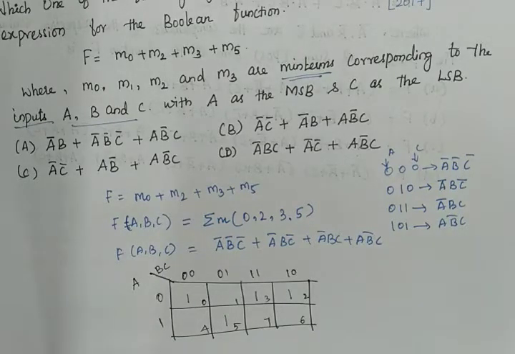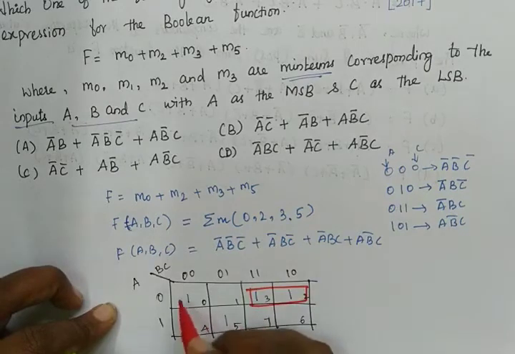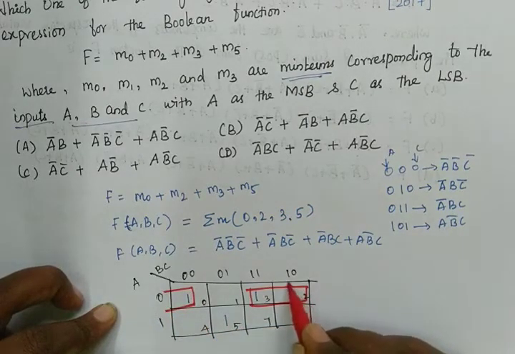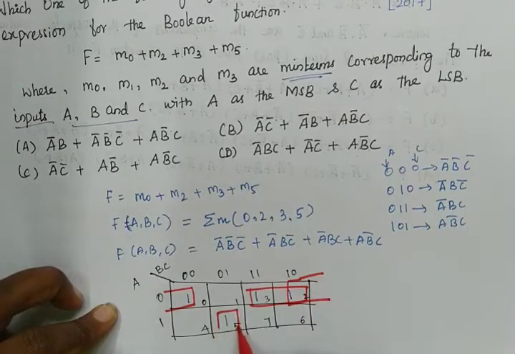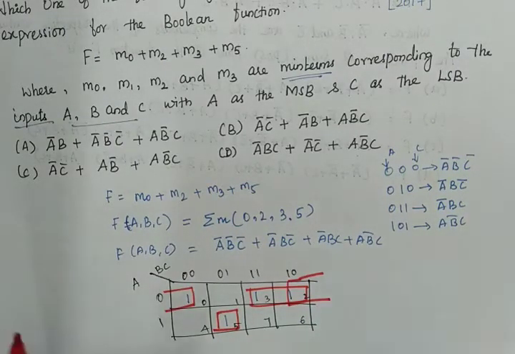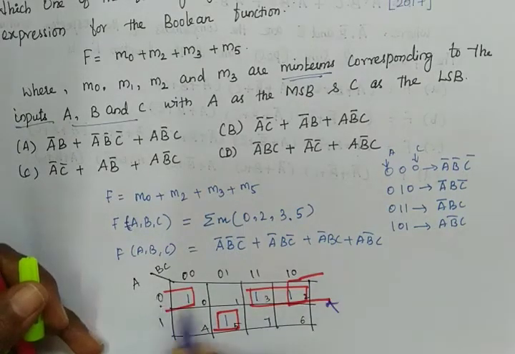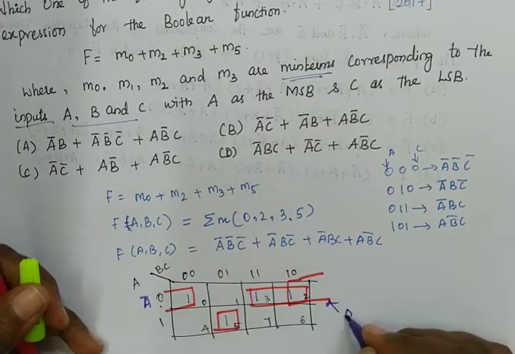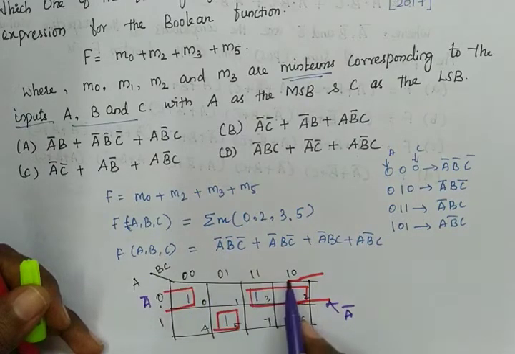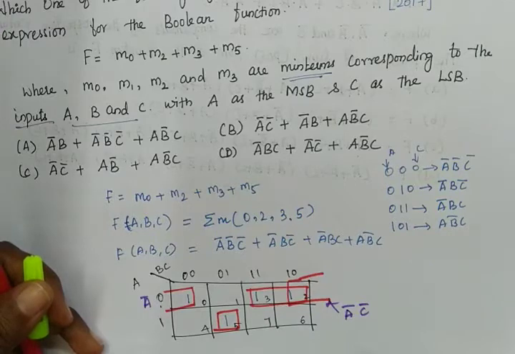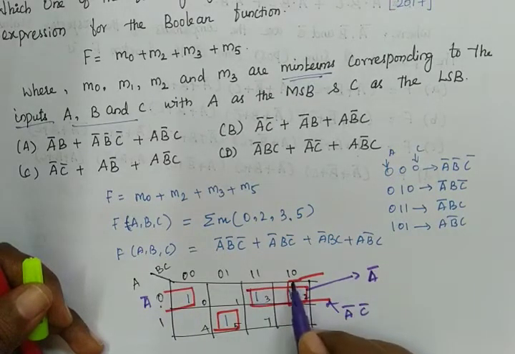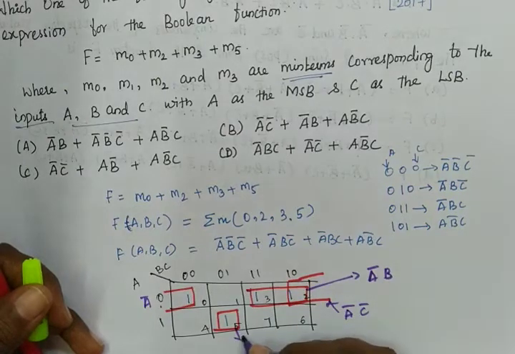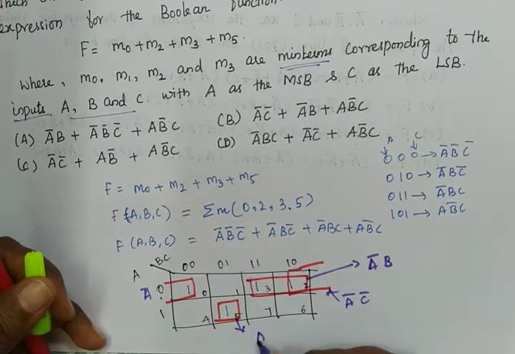Now we have to group these. Now form the groups. This is one group, and this one we can group with this one, the corners, and this one is left alone. Now what is the answer for this? For this group, combine these two. This is A bar, and here B, B bar cancels, so we have C bar: A bar, C bar. Then for this group, these two we have combined, so A bar, and here C bar cancels, B. And for this it is A, B bar, C.